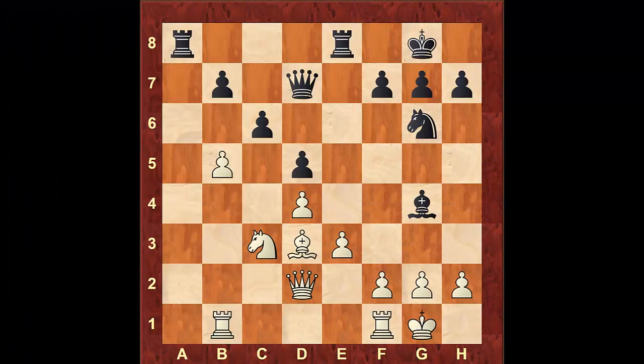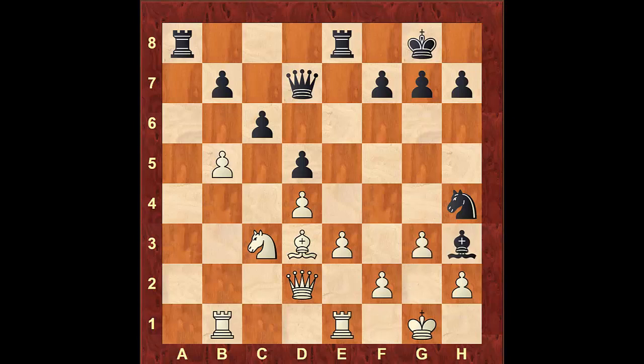In this next position, it's black to move, and we could see here that white started the minority attack on the queen side. However, due to the poor position of white's queen, black here has a powerful counterattack. So here, black moves the knight to h4, and after this, white responds with rook f to e1, and now bishop to h3. If here white responds with g3, well, knight to f3 is a beautiful fork, forking the king,